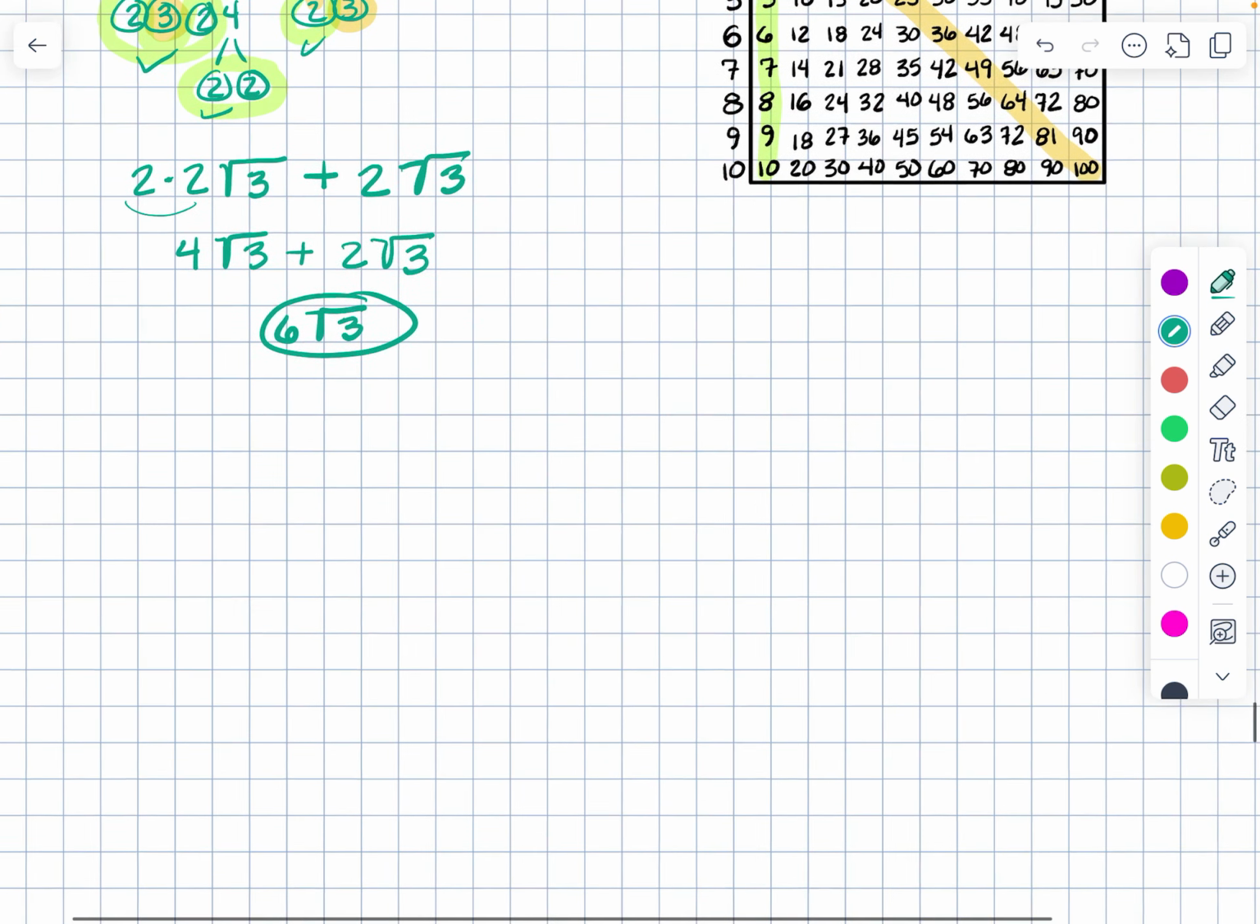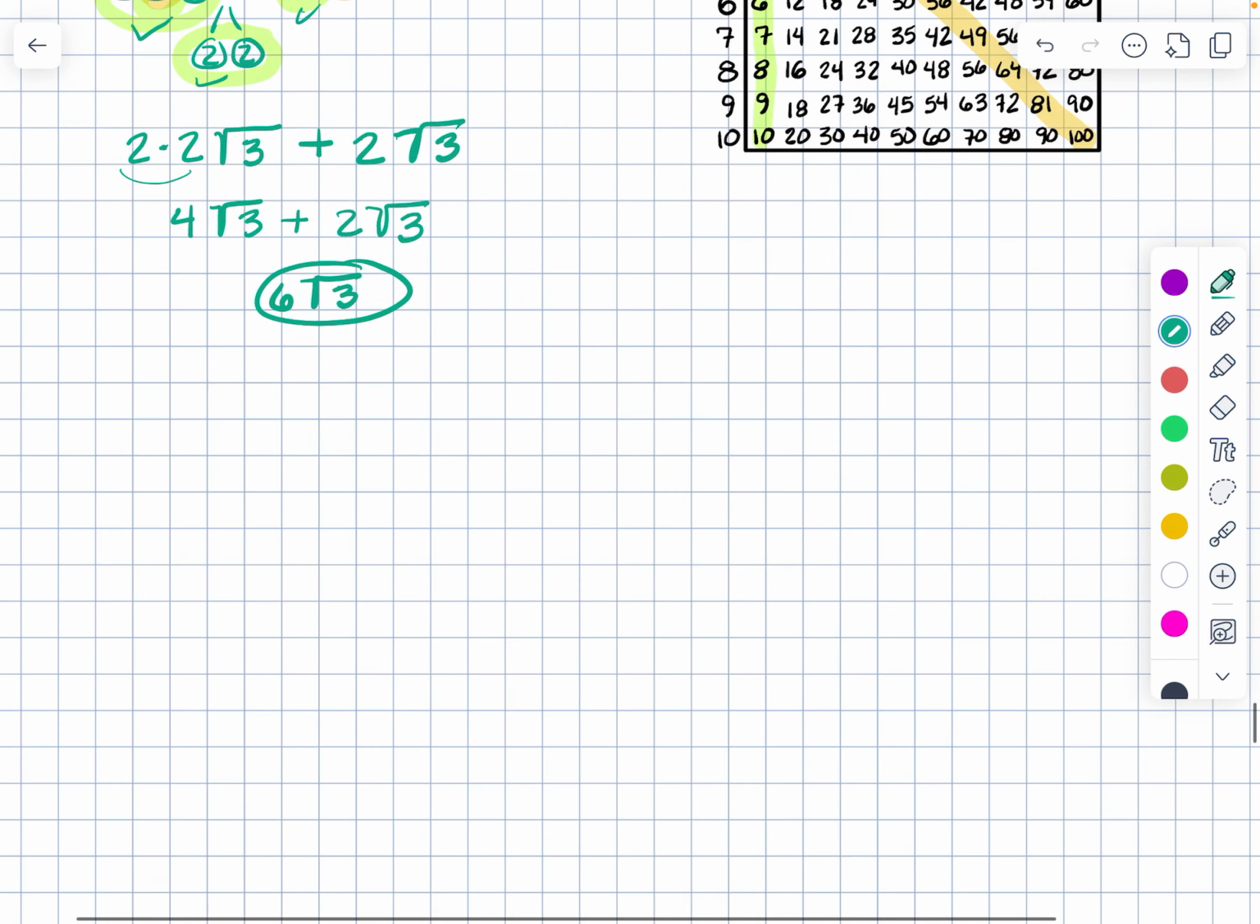So now let's multiply a binomial times a binomial. It sounds a little more difficult. You just have to really keep track of what you're doing. But it's fine. I kind of like it. It's like a puzzle. And we're going to do the square root of 5 plus the square root of 6 times the square root of 5 minus the square root